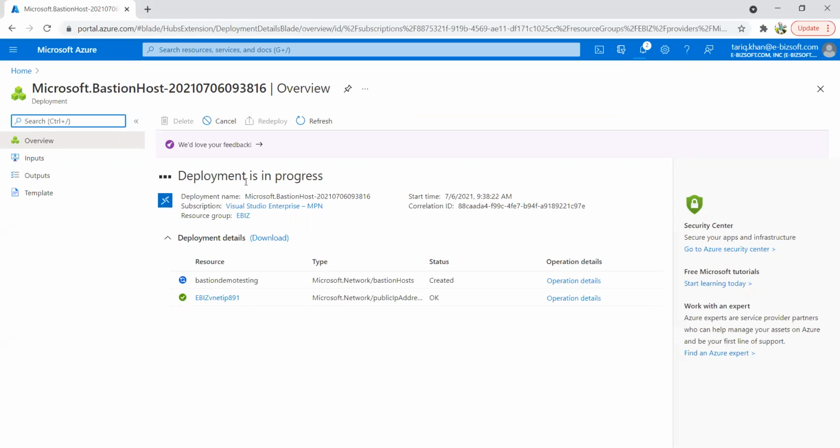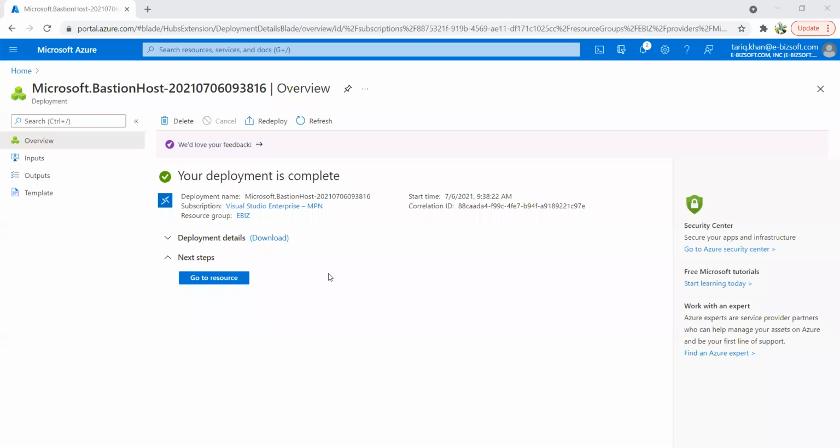So I'm going to pause the video, and once this process is completed, we will move on with the further demo session regarding Azure Bastion. So the deployment is completed. Here you can see your deployment is complete now.